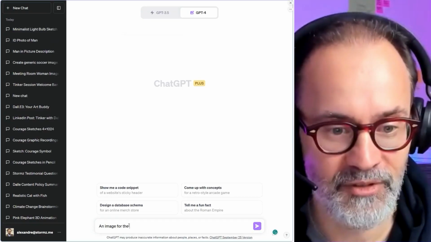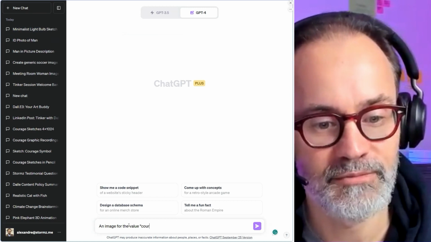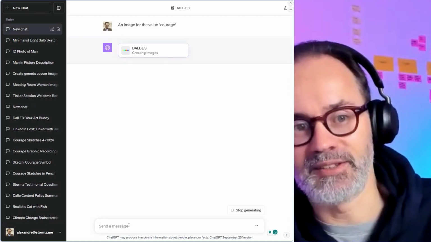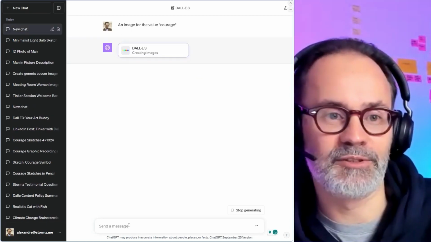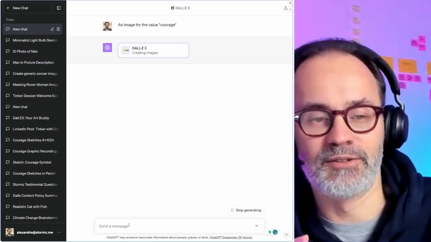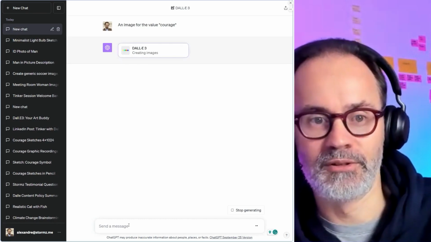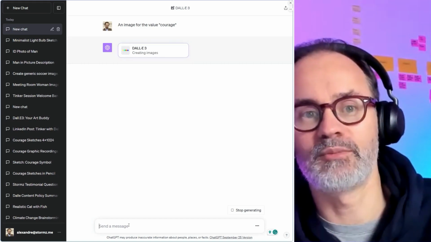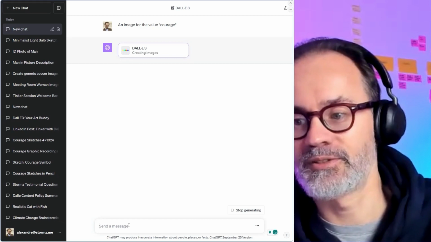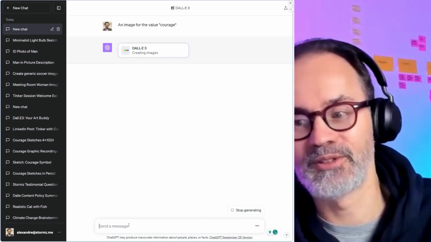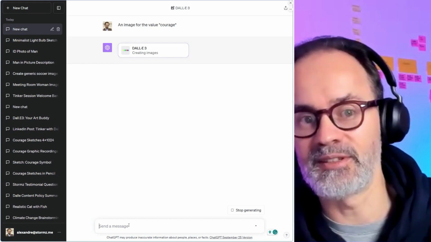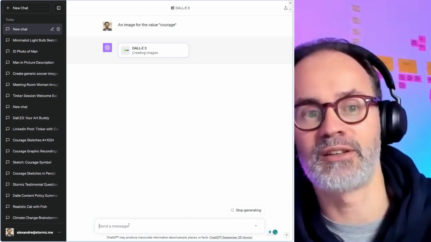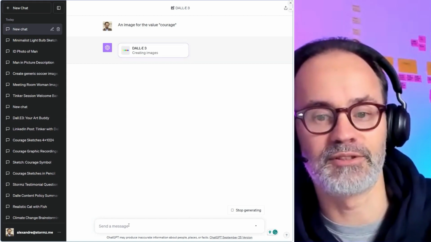Give me an intangible idea, Anne-Catherine. Okay, an image for the value courage. My guess, and it's not a guess because I've already tried it, is that it's going to create some prompts. It's going to use GPT-4 to find ways to symbolize courage. It's going to create different prompts describing scenes that symbolize courage, and then DALL-E 3 is going to generate the images